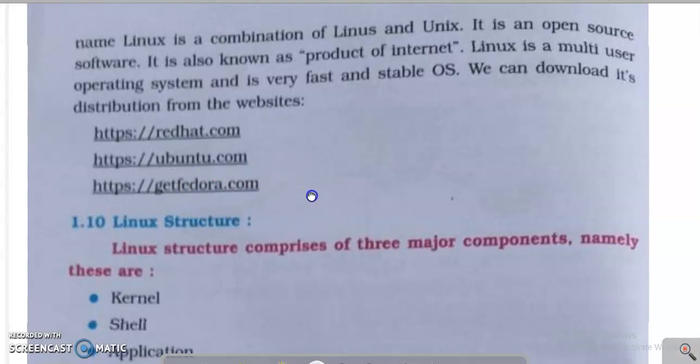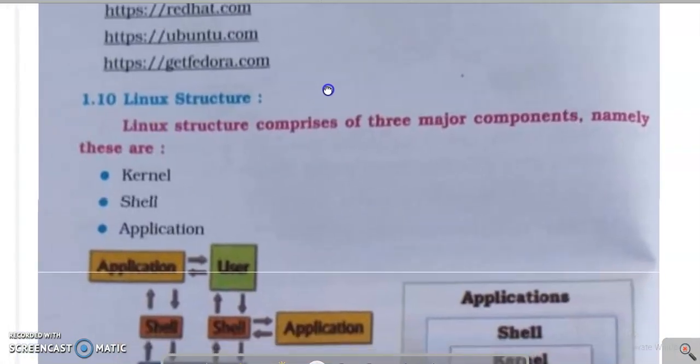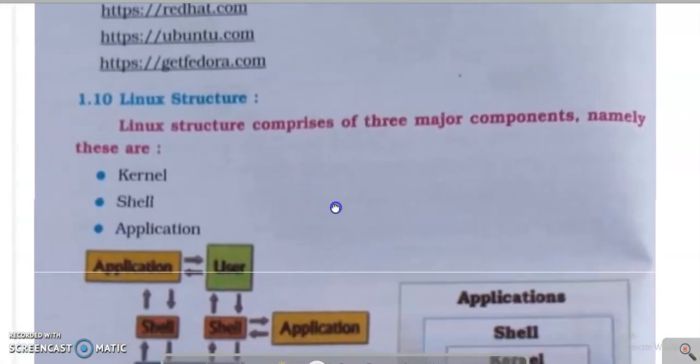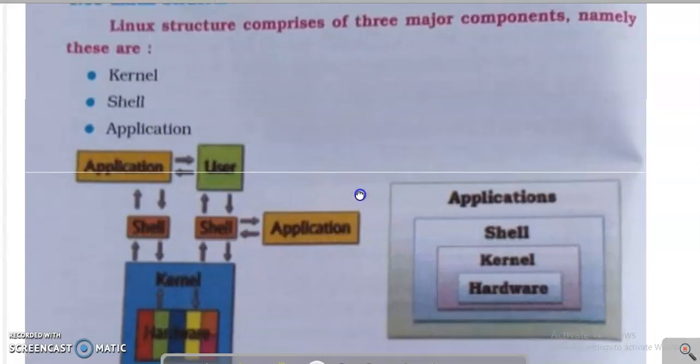So talking more about Linux, what is the basic structure of Linux? How does this Linux operating system work? What are the basic components of Linux? There are many components, but we will talk about the major three components of Linux, and these are kernel, shell, and application. So we can see a diagram of